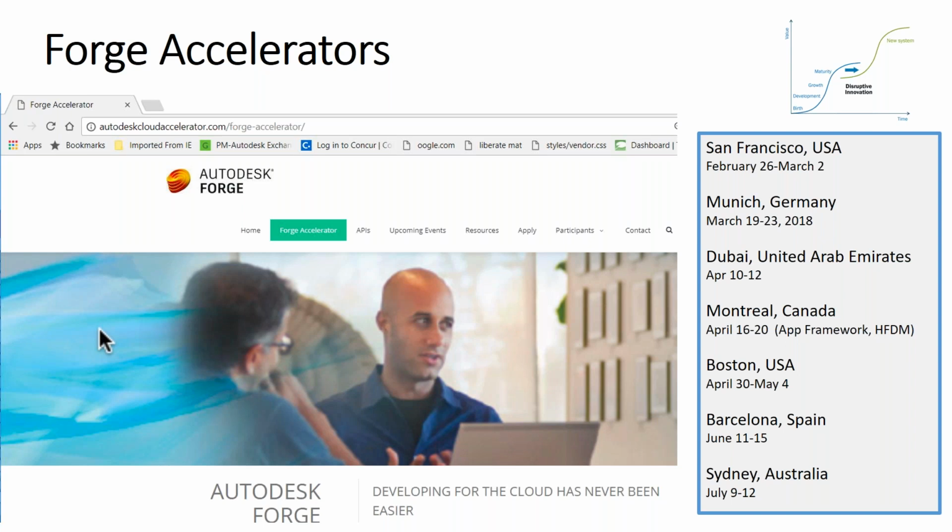These accelerators typically have 10, 12 companies, 20 or so partners, customers, who then spend a week with 6, 7, 8 Autodesk engineers to help you climb the learning curve and end the week with a working demoable prototype you can show end users, you can show customers. So it's not just an academic exercise. This isn't training. This is kind of working through your first scrum with cloud and Autodesk Forge experts at your side.